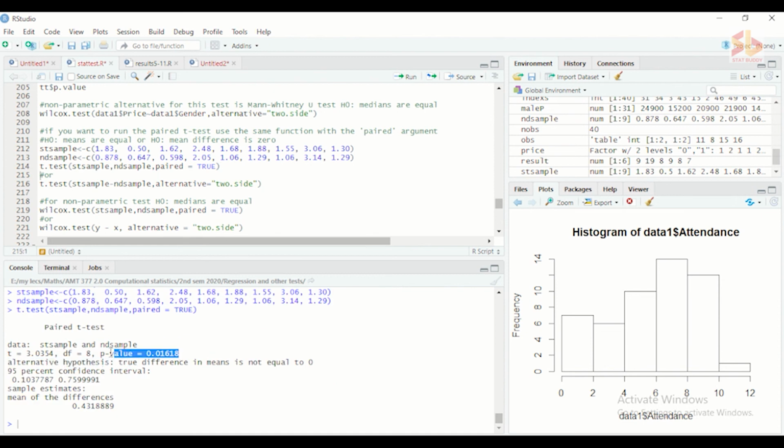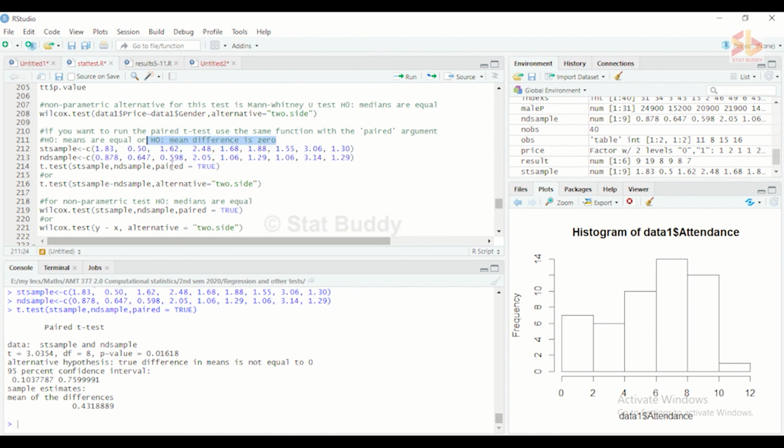You can see it is significant, which means the means are not equal, because the means being equal is the null in this test. Or you can perform the t-test for differences, which means first sample minus second sample, and alternative is two-sided, which means the difference is equal to 0.